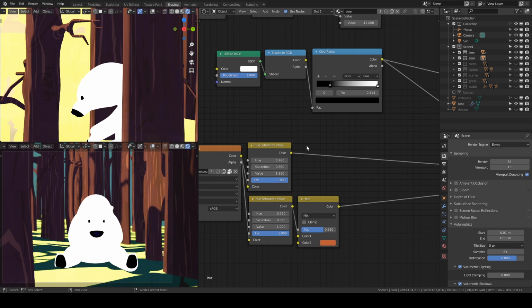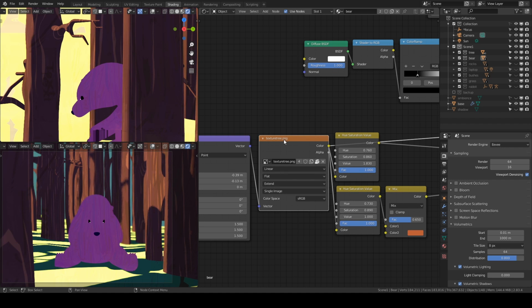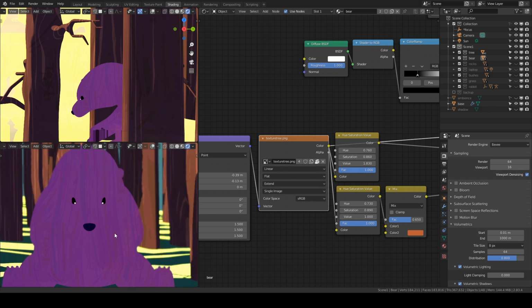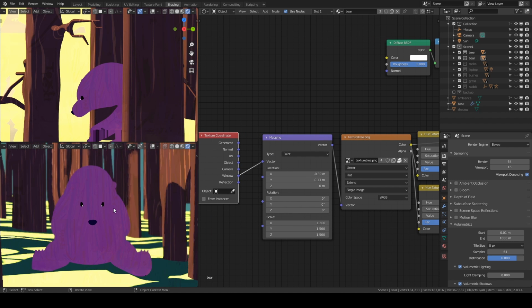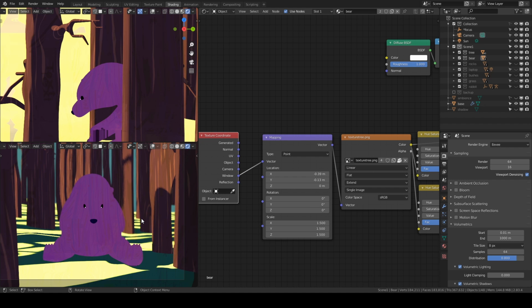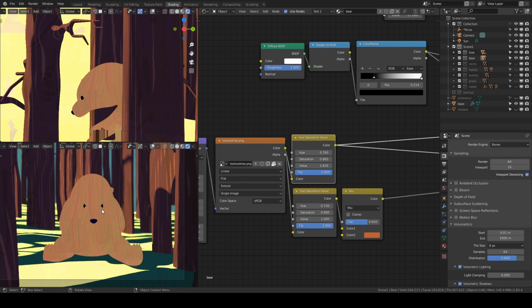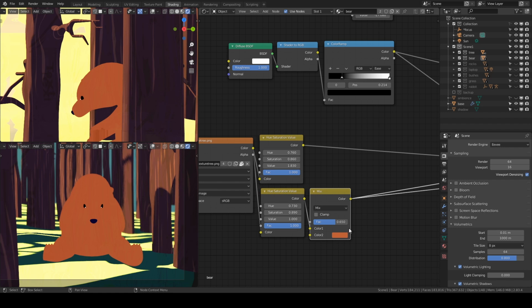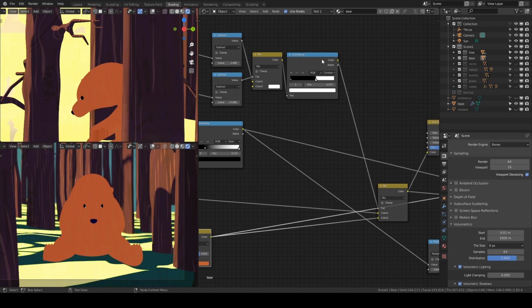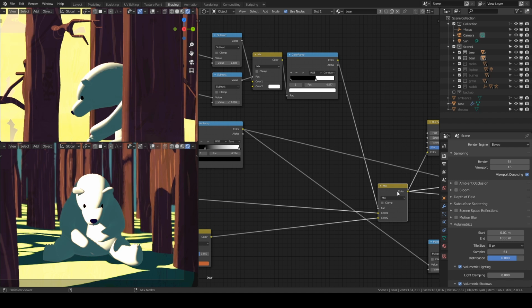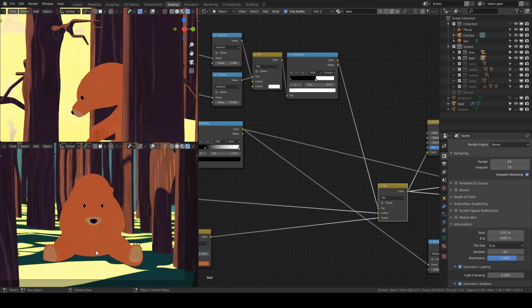To create the base texture, I used the texture that I had created for the tree. You can see it's the same one, and as you might have expected, I plugged it into a window because my bear is not moving and I wanted to have a texture that resembles something that you would draw on a paper, right? So that won't move. So yeah, I changed the hue to one version of a brown, and then I created a different version of a brown, a little more saturated, and then I combined these two different colors using the factor of this mask to create a base texture of this.